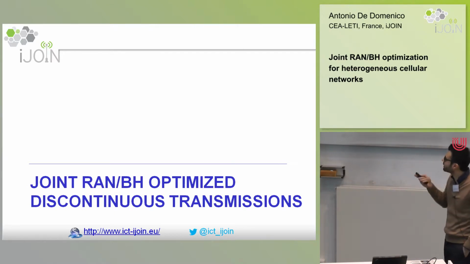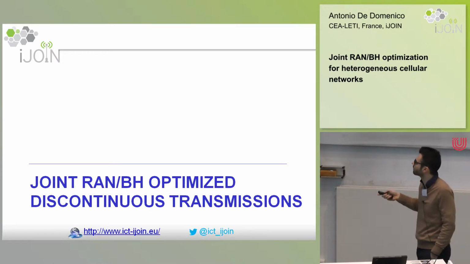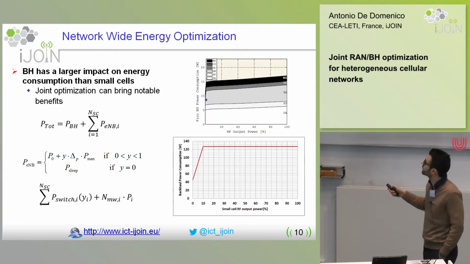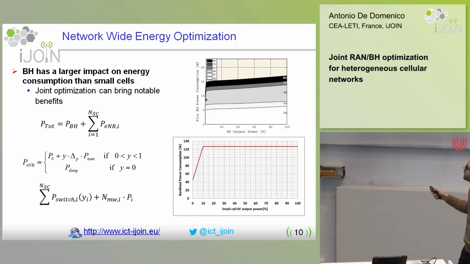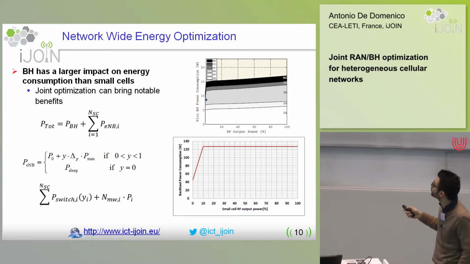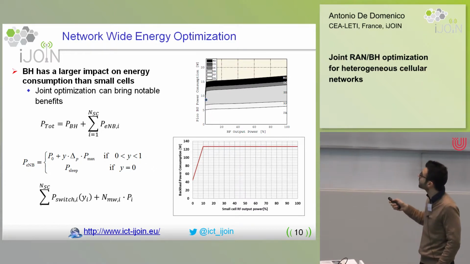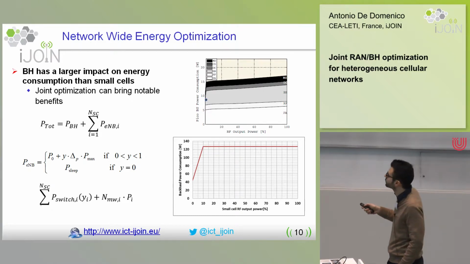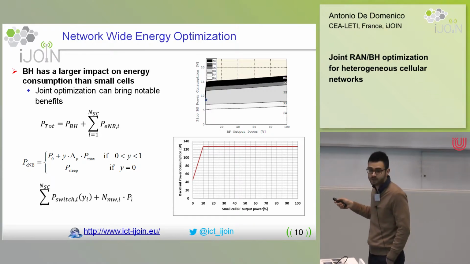So now I will give you some more detail on the scheme that we have provided in iJOIN. So it's in the framework of this network-wide energy optimization. So first of all, the backhaul has a larger impact on the overall network energy consumption. If you have a look at these two pictures that show the small cell power consumption with respect to its load, as well as the power consumption of the backhaul with respect to the small cell load, you can